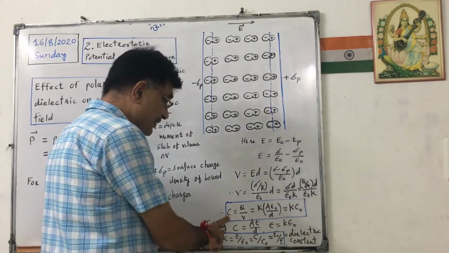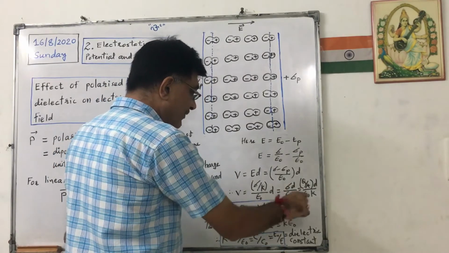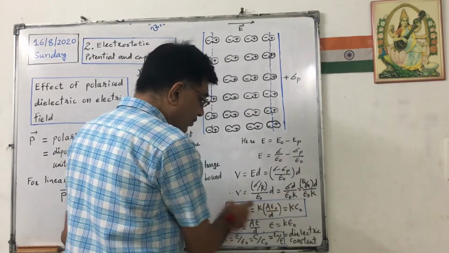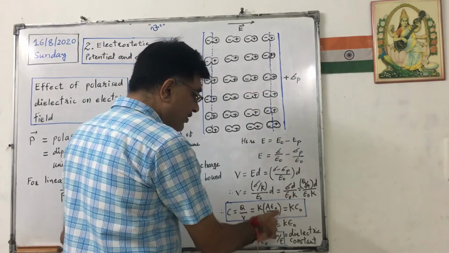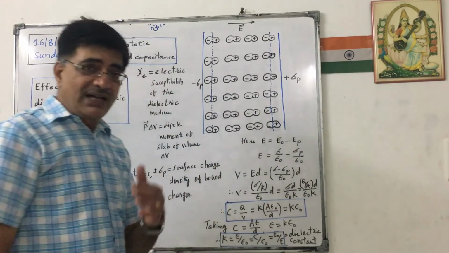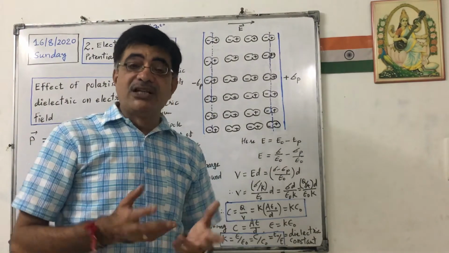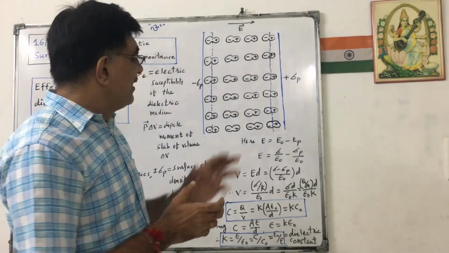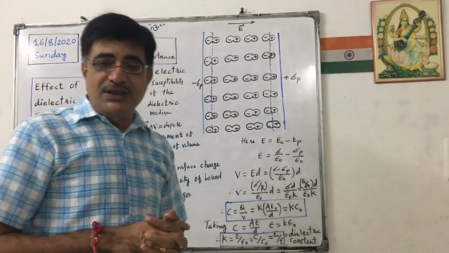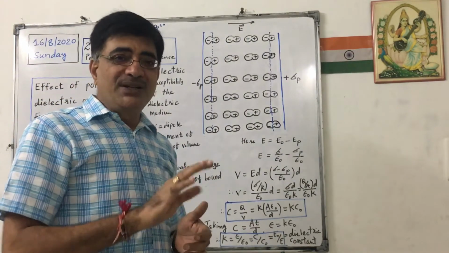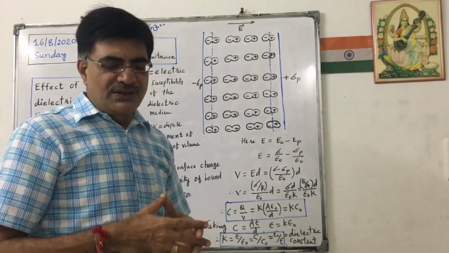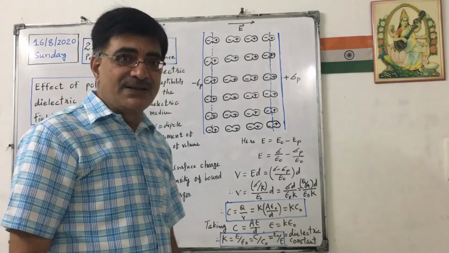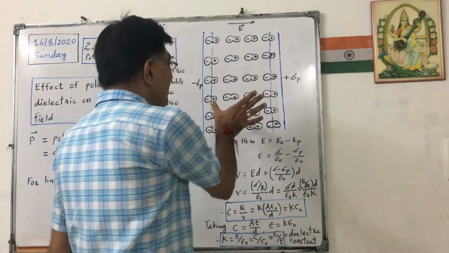We know that capacitance equals Q by V. So Q by V will be equal to K A epsilon naught upon D, because this A will come in the denominator and then go here. But we know that A epsilon naught upon D was the capacitance in air or in free space, say C0. That means if we put a dielectric medium having dielectric constant capital K, capacitance will become K times the original capacitance in free space or in air. K times C0 is the final capacitance. Thus, capacitance has increased due to this dielectric.